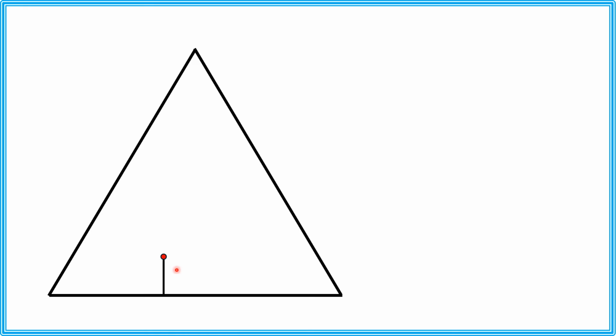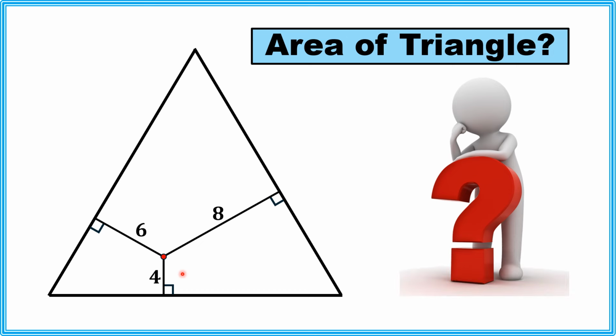such that these line segments are perpendicular. First we draw this line segment which is perpendicular to this side, another line segment which is perpendicular to this side, and this line segment is perpendicular to this side. If these line segments have lengths 4, 6 and 8, then we have to find the area of this equilateral